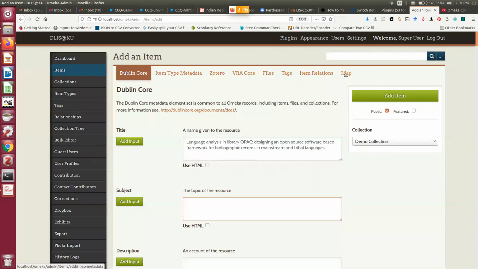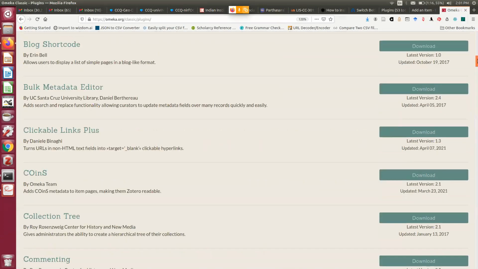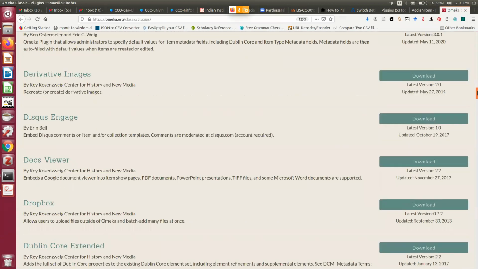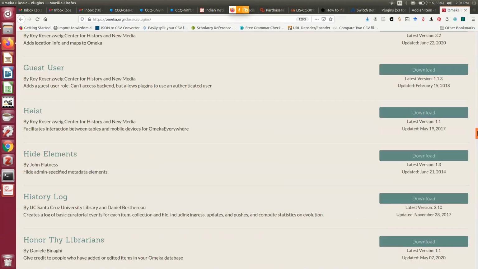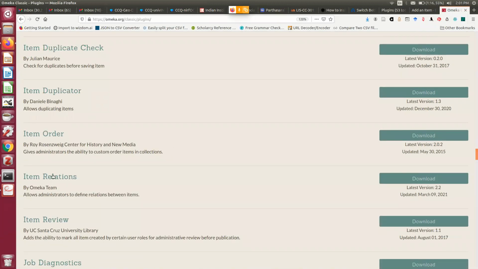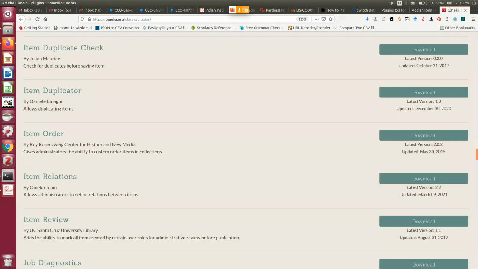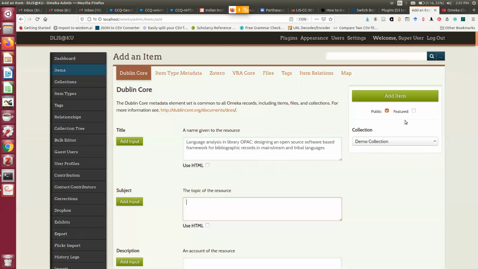I have shown you the item relation plugin that we installed from here. So you can see this is the item relation plugin. This map relation is basically the geolocation that we installed.